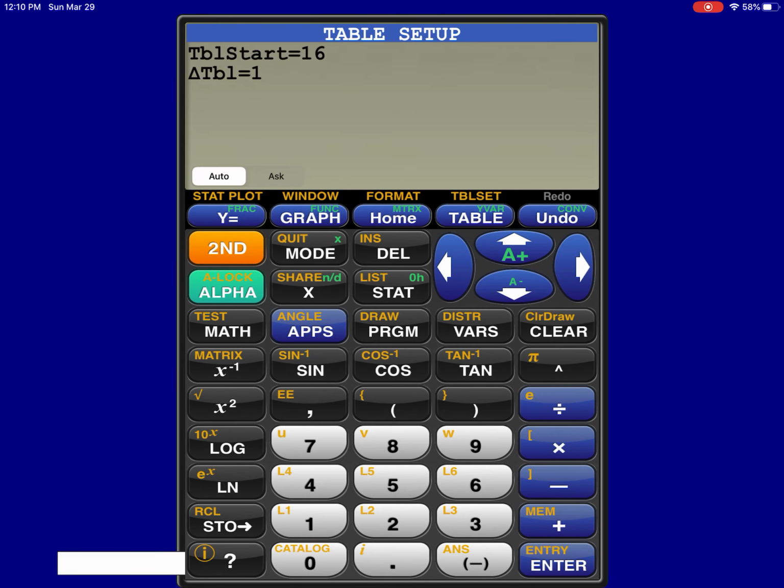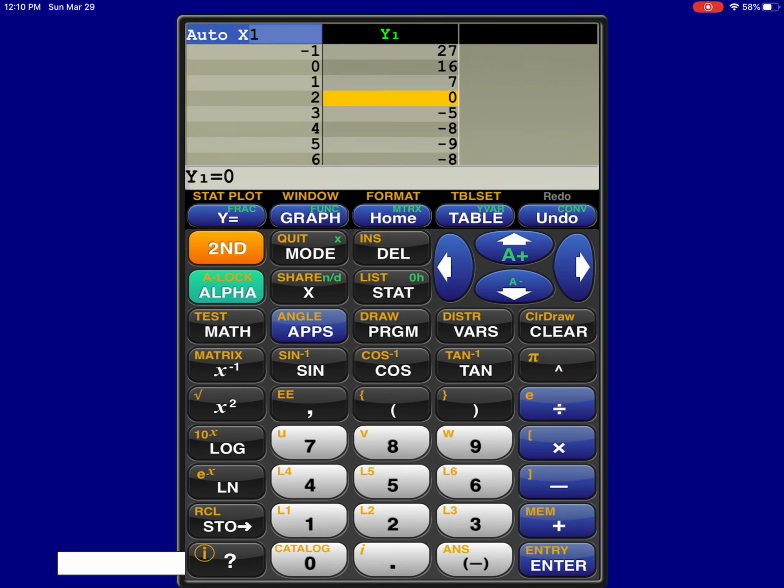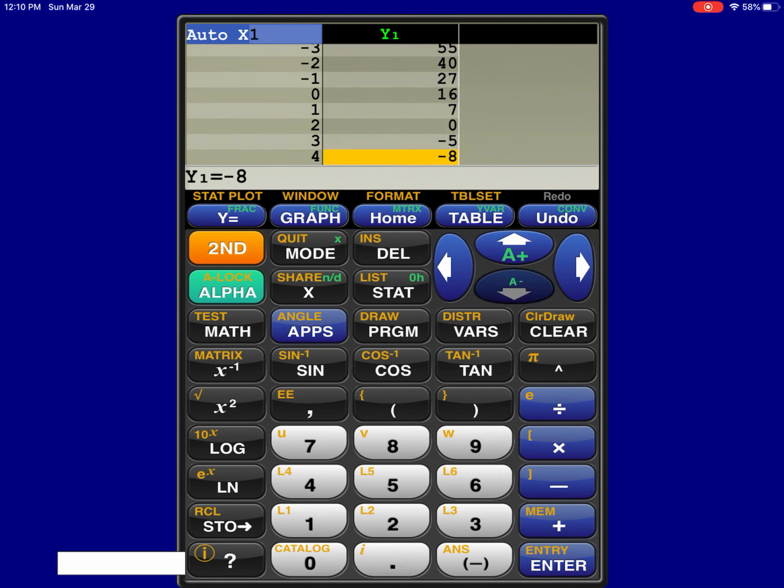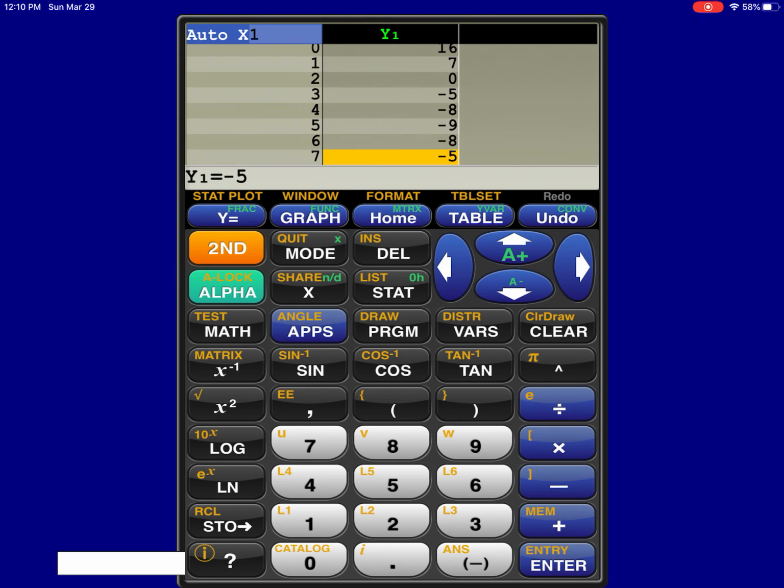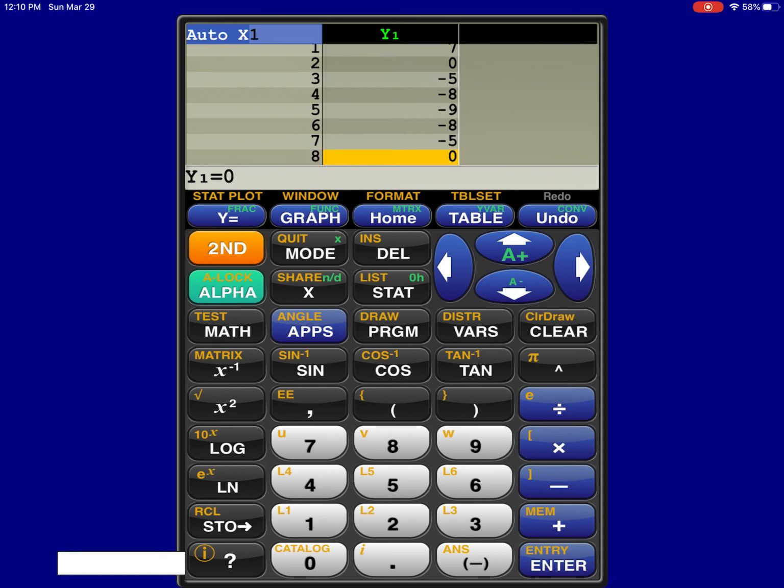Now, I also want you to see this looking at it from a table perspective. So if I go to second table, I'm going to change that to 0. I want to look at the two points where, first of all, I need to identify my vertex. Oh, there's my vertex, at 5, -9. The reason I want to identify my vertex is because, one, your vertex may be your zero of the graph. Two, it'll